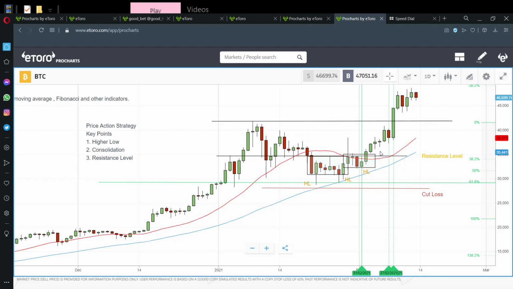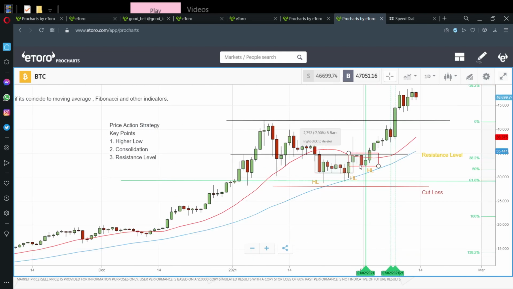In my key points, let's check the Fibonacci level. This is the Fibonacci level. It also coincides with the 61.8% level. After it's confirmed that the moving average and Fibonacci coincide with the price action, I'll buy my first trade on Feb 1. And a day after I bought, it broke out from the resistance level,